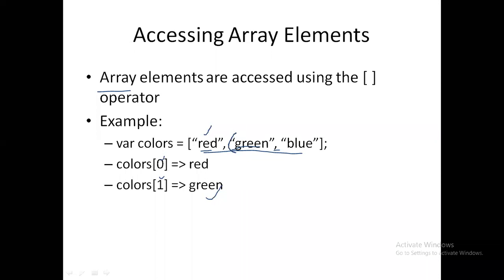So this is the position. Index number is nothing but the position of the element. So here I'm saying, what is the color one position? When I'm saying color one position, don't say this is 1, this is 2, this is 3. The first one begins with 0. So 0, 1, 2. So the color position of 1 is green. This is what he wants to tell you.